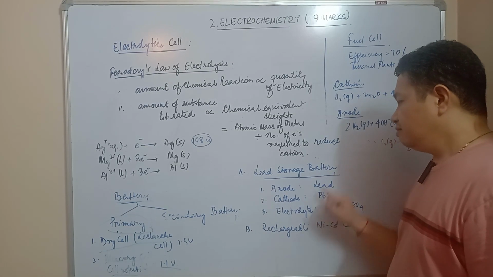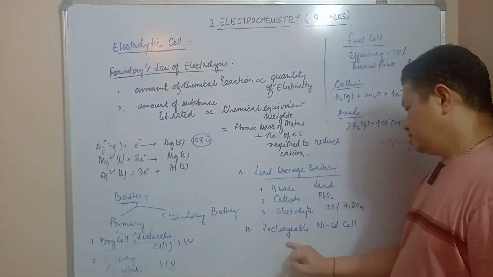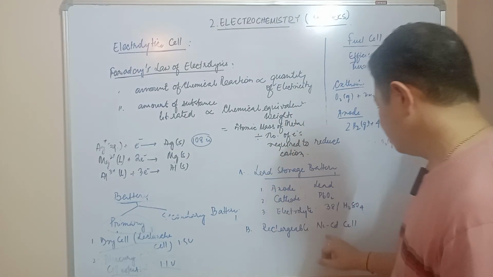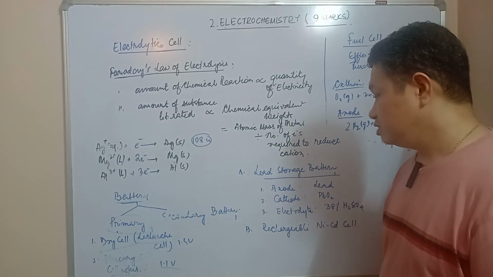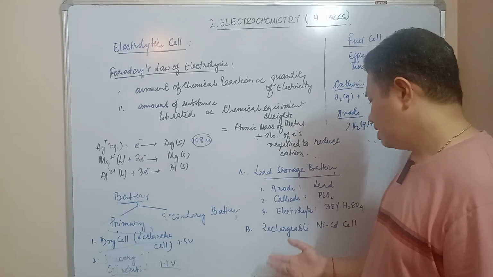And then there's one more secondary battery. We call it the rechargeable nickel cadmium cell, which we use in cameras, DSLR cameras, and also in mobile phones. Those are nickel cadmium cells, and they are also rechargeable. So all the rechargeable batteries that you see in small devices are either this one,